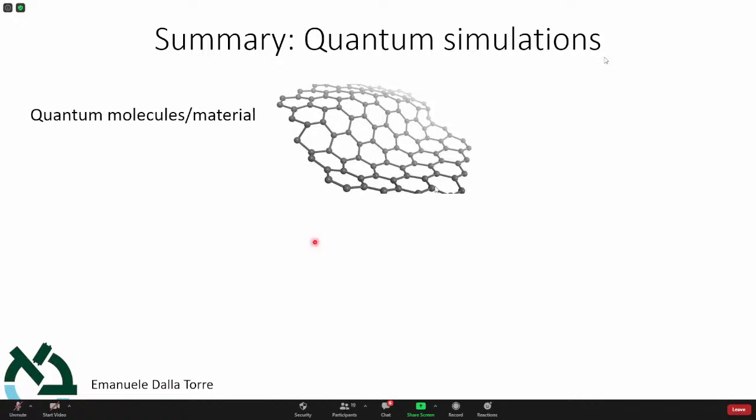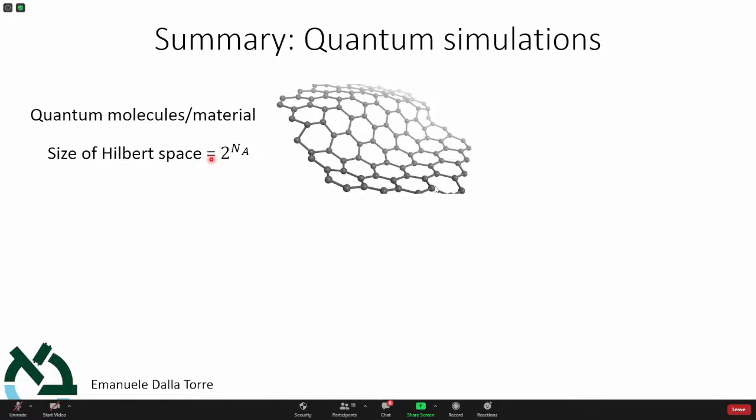What is the idea? So the idea is think of a complicated material or a complicated molecule that you would like to describe. And this is very complicated. It's very complicated to describe it using why? Because the Hilbert space is huge. So you know that in quantum mechanics, the size of your Hilbert space grows exponentially with the number of particles.